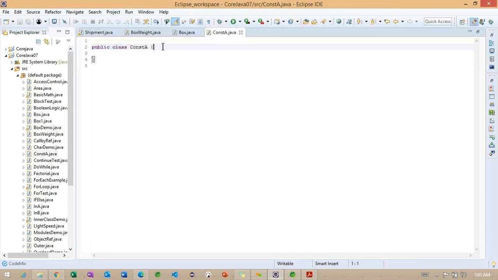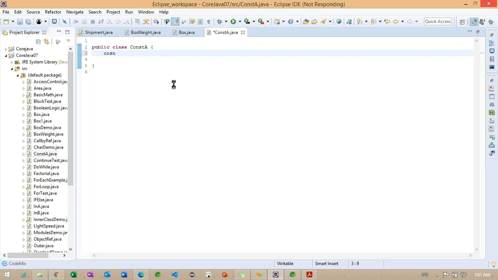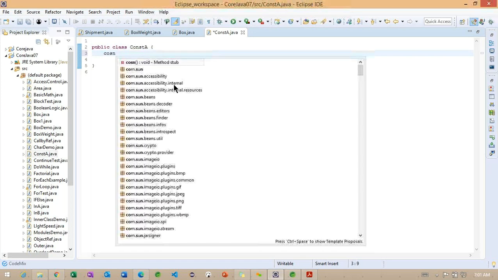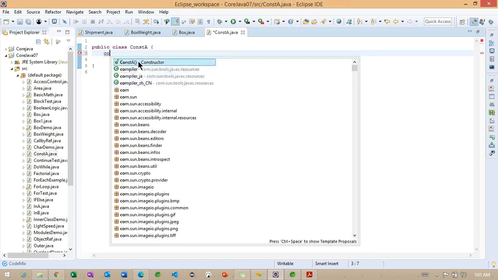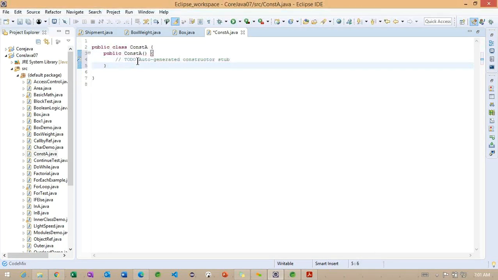Inside this class I'm not going to add anything; we are going to make only a default constructor.